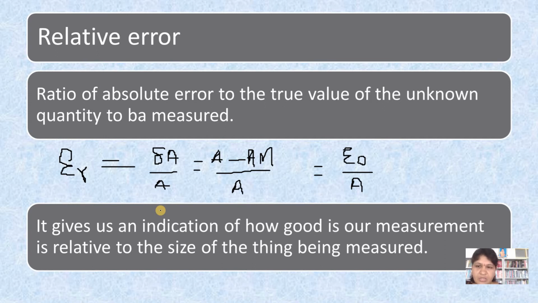Suppose that person gets the length of the ceiling as 3000 meters. Another person, using the same instrument, is measuring the length of a tree, and suppose he gets a length of 100 meters. Now the same instrument, which has plus or minus 0.5 accuracy, is measuring 3000 meters and also 100 meters.